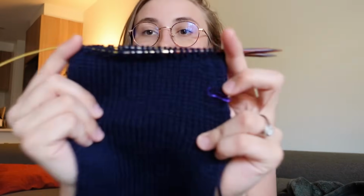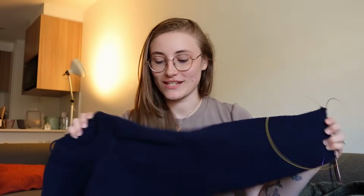But I literally just did the last decrease on this sleeve. I know it looks short, but the ribbing is like 4 inches. So it adds up, I swear. And like I said, this sleeve fit him perfectly. But I just did the first row of 1x1 ribbing, so I'm literally about to finish this sweater and it